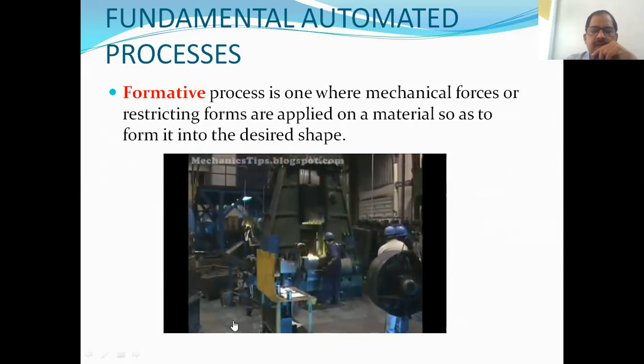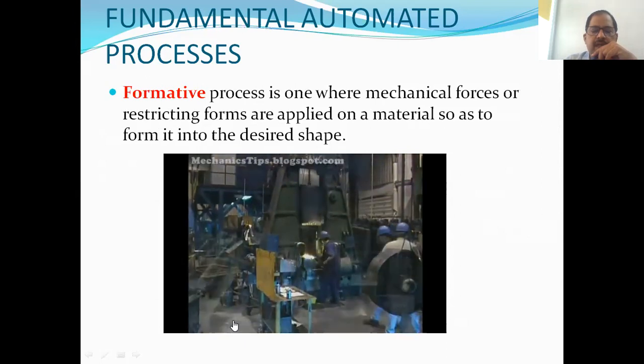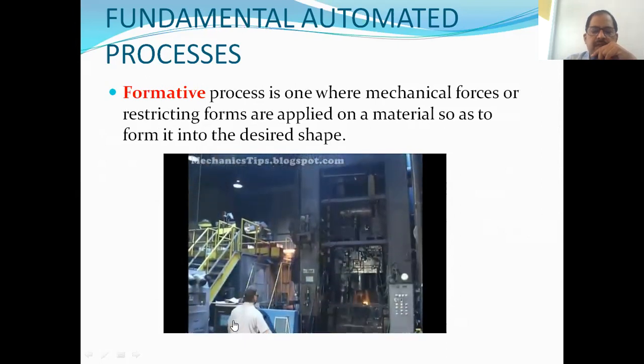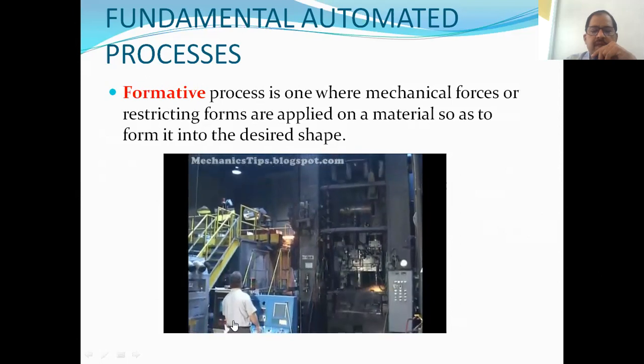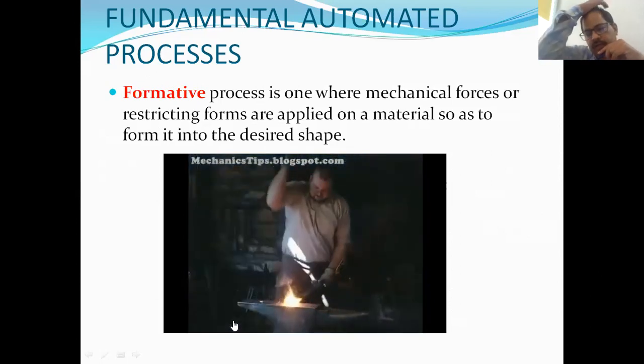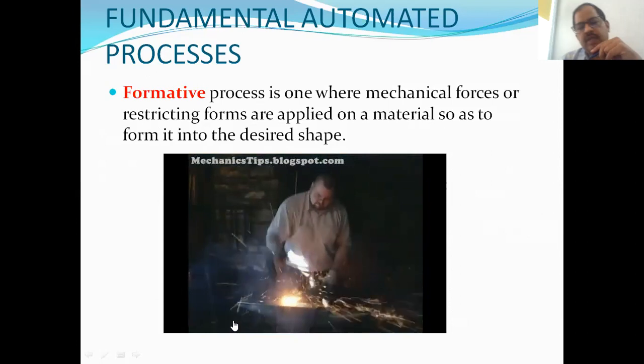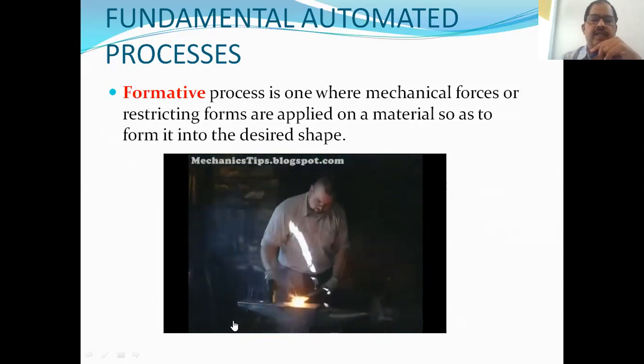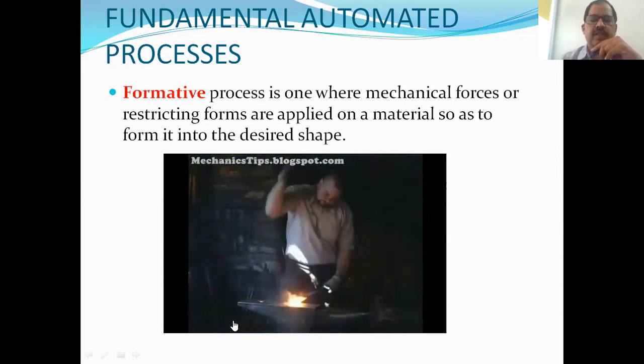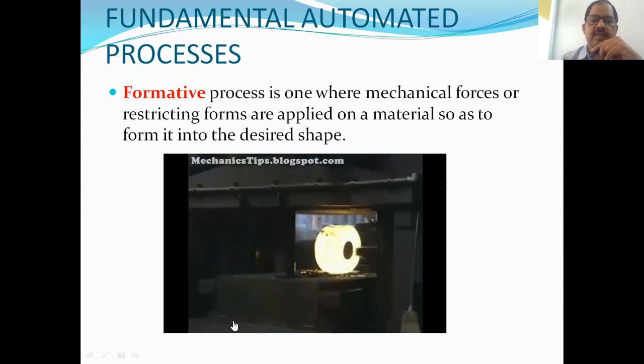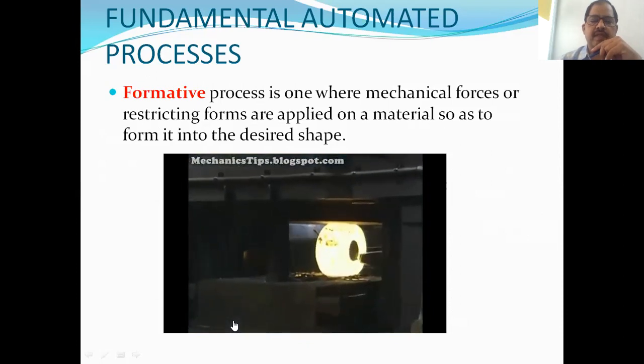There is open type and closed type forging. You can take this as open type, and here is somewhat closed type. This is open type forging. I am just hammering, and you can get the same desired shape. You can see this is roadside also. You can see this is open type, and you see how we are making the things.